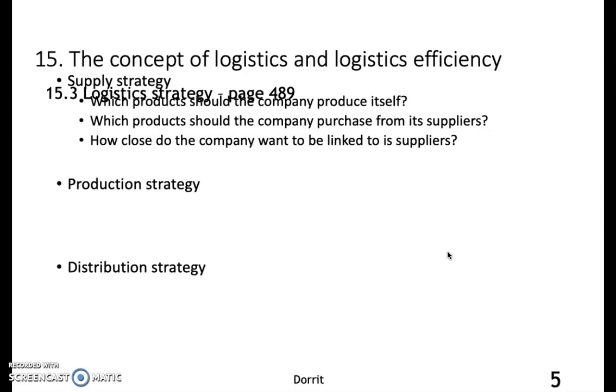This can of course be a good idea if you're secure in your relationship with your supplier, but what if the supplier went out of business? What would you do? Or what if the supplier suddenly raised the prices to a tremendous amount that you wouldn't be able to follow?